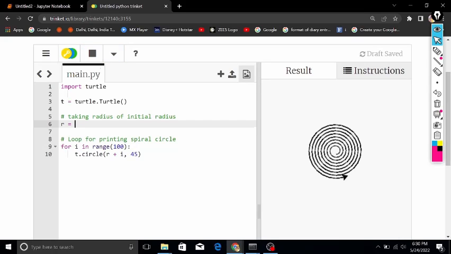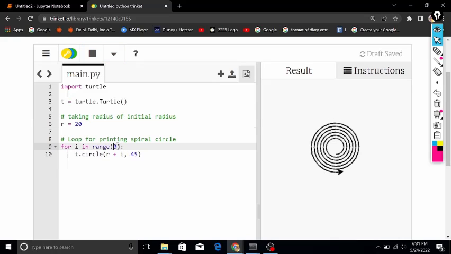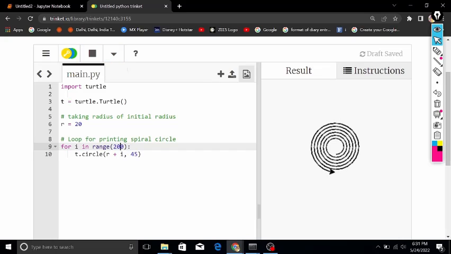If I take 20 here, now I am getting such a big one. And if I increase it to 200, I just want to clear your doubts, guys, about why we are using 100 and why we are using 200. So if I write 10 here,